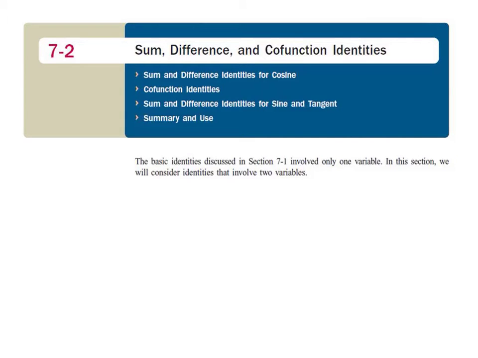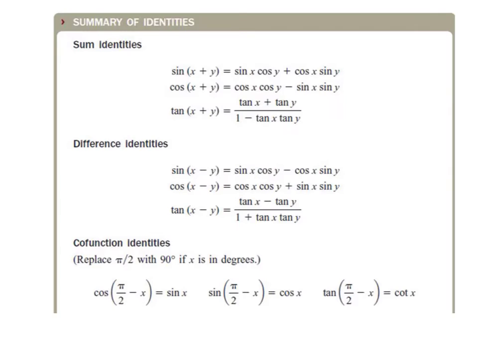7-2, some difference in cofunction identities. These identities are used often. Sometimes they're hard to remember, but we'll try the little tricks. Okay, so here's a summary of the identities, and one of the things I want you to think about is